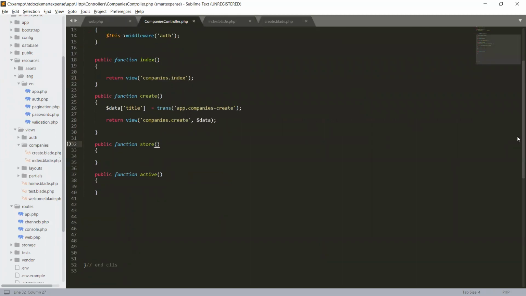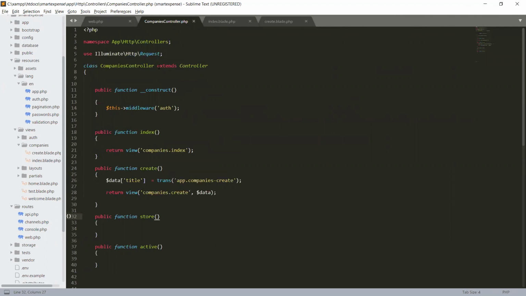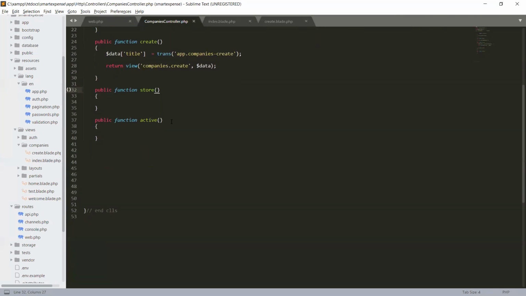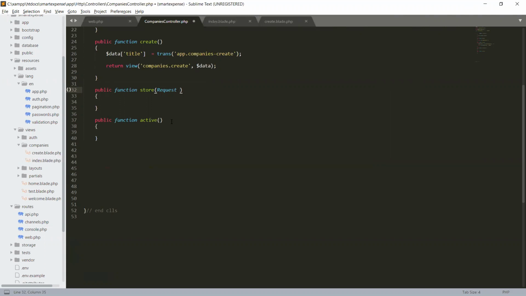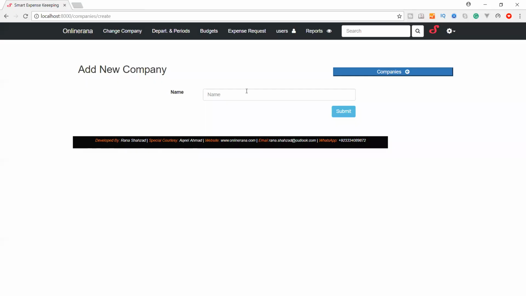Here we will use a request. So we use Illuminate HTTP Request. It is a request that will be submitted from the form. So we use a request variable, and dd, die and dump, our request variable. It will be an object. Okay, save it and come to our